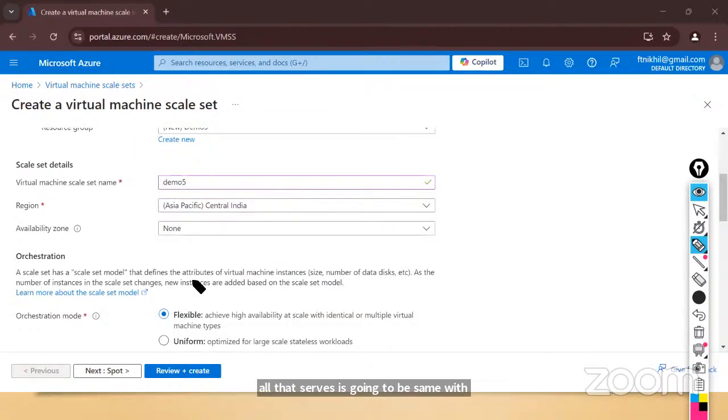So I'm not going to select anything for my availability zone for this demo section. Now this orchestration mode which you are seeing, it's flexible or uniform. What does it mean? If you want to deploy identical VMs,